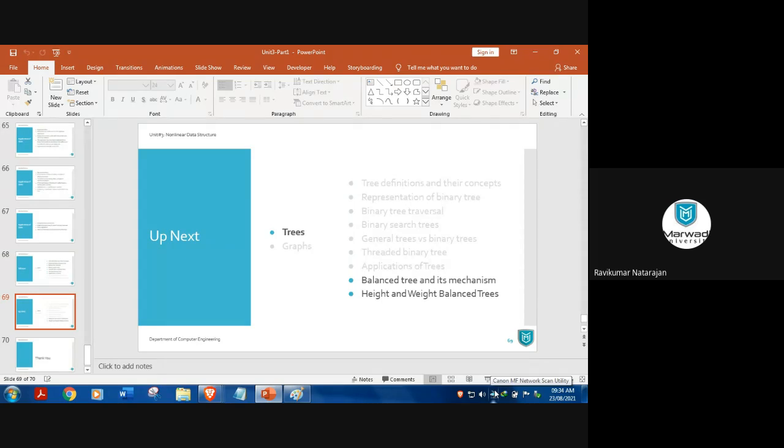So this is what we're going to see. Now, what is the problem? I have a question for you. Why are we going for this balanced tree? What do you mean by balanced tree? The basic general tree has a problem because you will have a lot of children, and it is not following any rule or any order. So in that case, searching will be difficult. Deletion will be difficult. Insertion also will become difficult because it has to do all the searches, then find the empty space and then insert. That is a problem in a general tree.